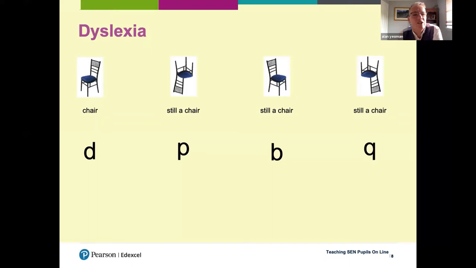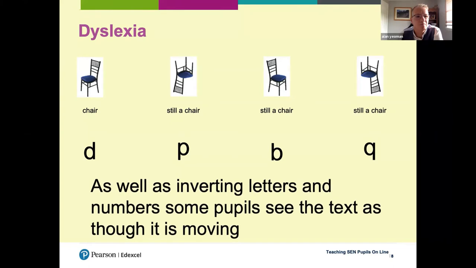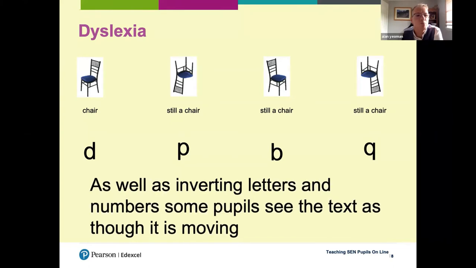You can't actually differentiate between those letters. And you will see children writing the wrong letters. Back to that phonetic awareness. They'll look at this one here, okay? The first upside down chair, and all they will see is D, because that's the shape. And to make matters even worse for them, sometimes when they're looking at text, this is happening. The text is moving